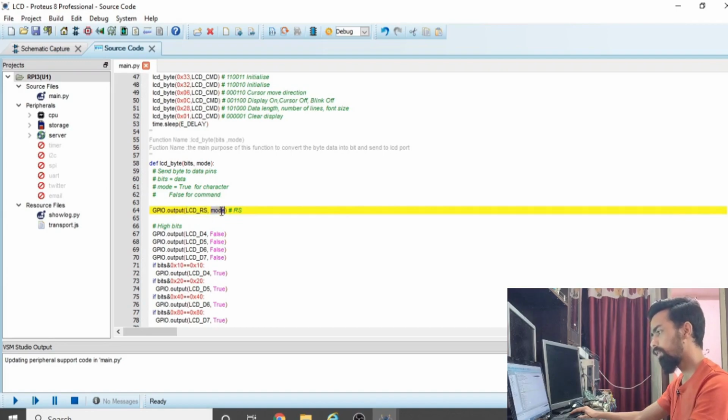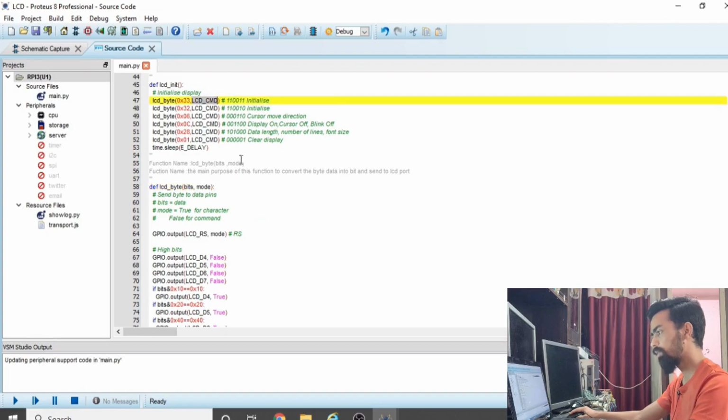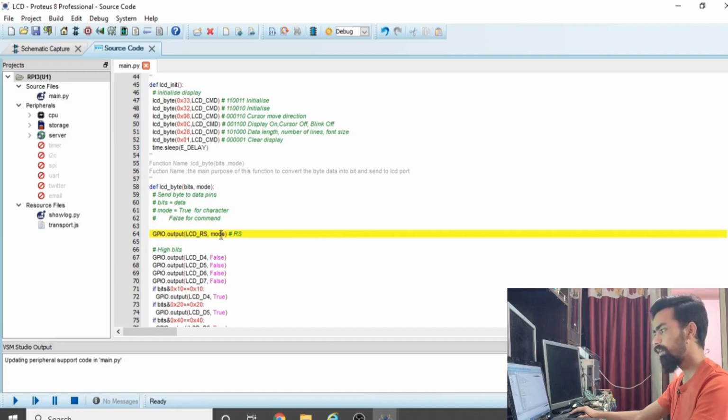LCD RS pin, mode. What is mode? We have sent the mode as LCD command, so this is the command mode. Whenever it is command mode, you have to select the RS pin, and the Raspberry Pi should send a 0 signal on that RS pin.